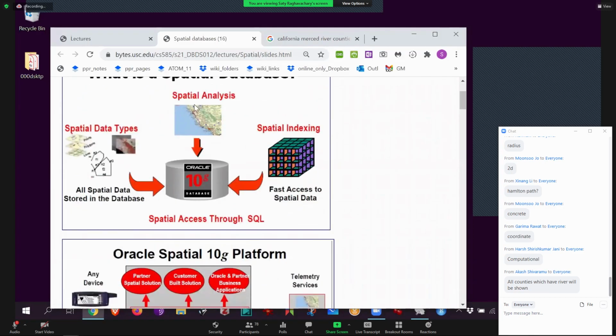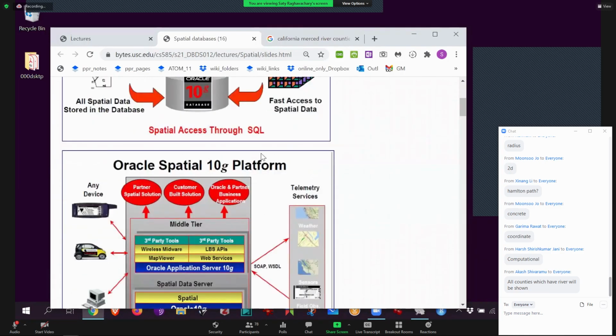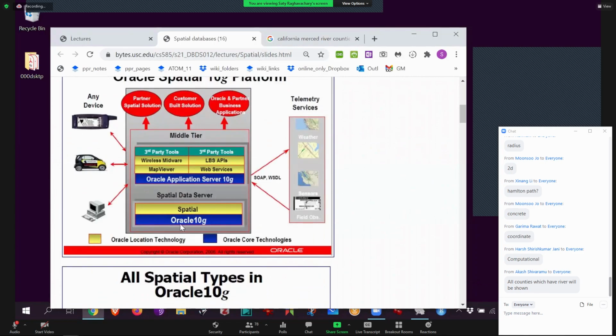How would you use it? You can do spatial analysis, you can do indexing. These are already part of the library. And then you build applications for them. You can store points, lines, polygons. You can do all the calculations, the API gives it to you, the SQL commands, and then you index them. It indexes them for you. I haven't told you about indexing yet. And here's your core DBMS, here's the spatial layer. But in the end, people write these applications. The Grubhub driver is being led to your home, or the FedEx truck is being told the best way to bring the package to you, and on and on.